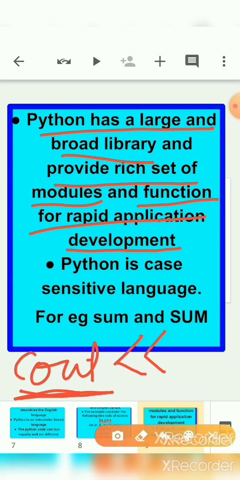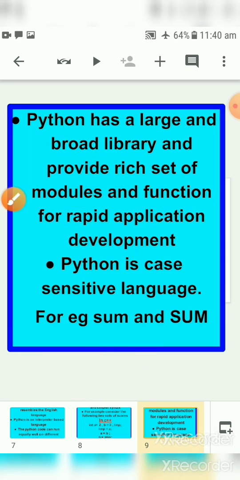When we use a header file like iostream.h, afterwards only we can use cout properly. Otherwise the compiler gives us an error. But in Python we don't have such header files. Everything is built inside the Python software. Nothing needs to be externally added in the coding. We can start our coding directly.